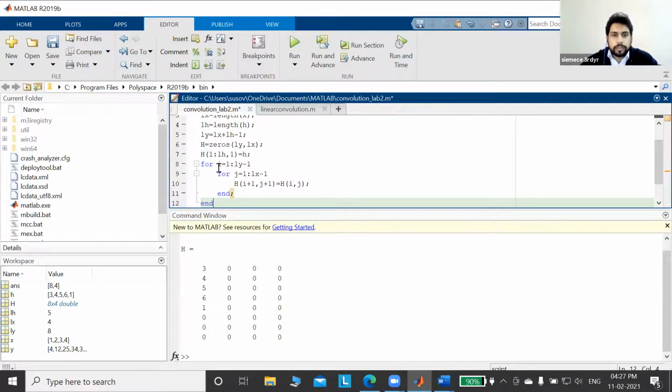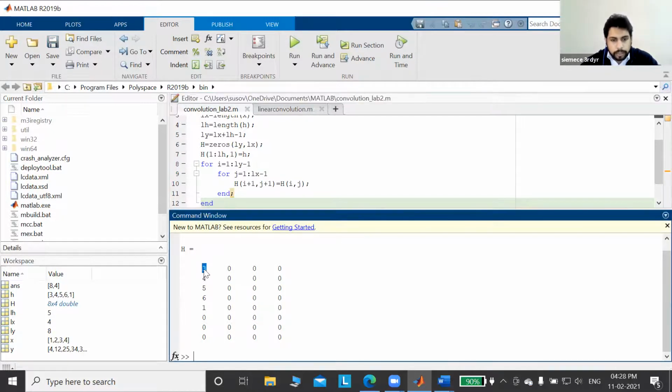For i is equal to 1 to Ly minus 1. Ly is the final length. That means in the matrix, this element 3 will be placed at this position. So this 3 will come here, 4 will come here, 5 will come here. So it will be shifted by one place.